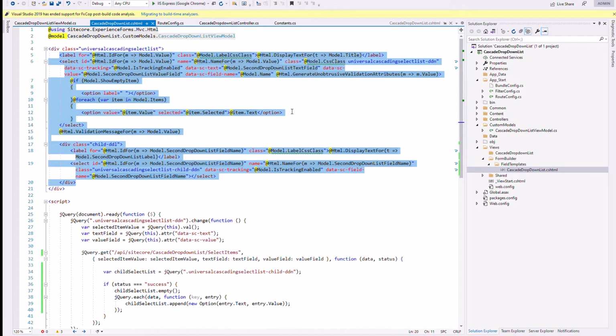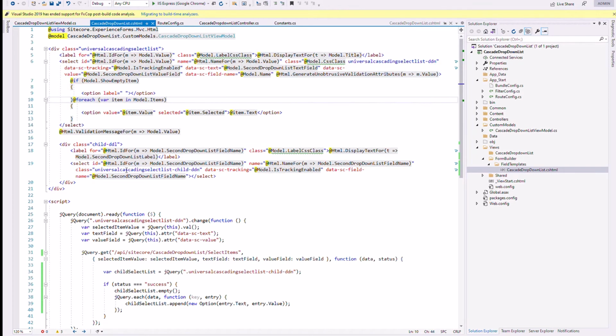But what kind of changes we are going to do is we have added a new drop down list for the second drop down list, and here I am adding two attributes to hold the value field and the text field. So data sc value field is the second drop down list value field that will pass from the Sitecore form, and this is data sc text field. So this is the text field value that we are going to pass.